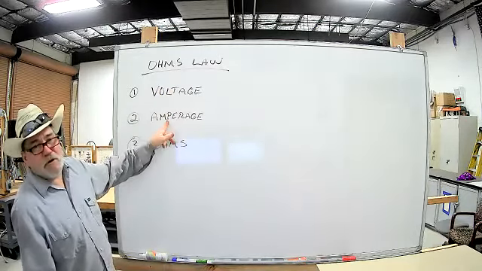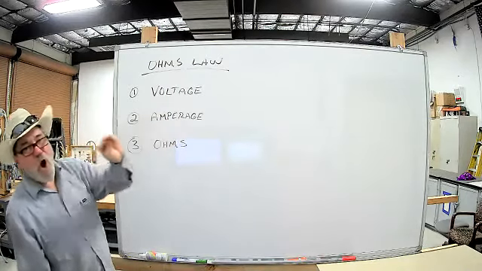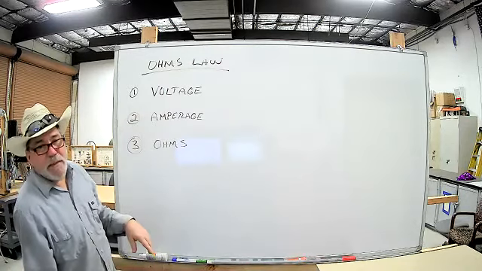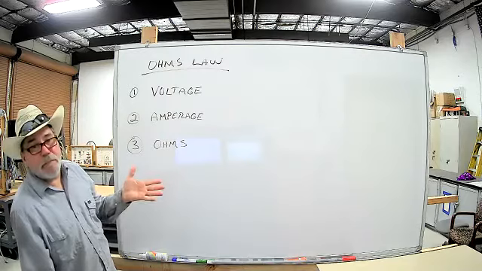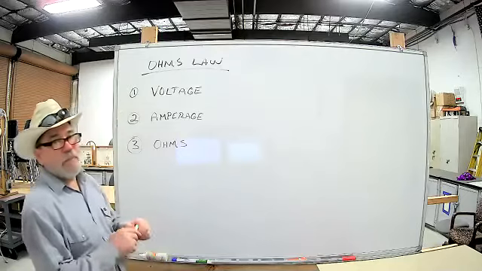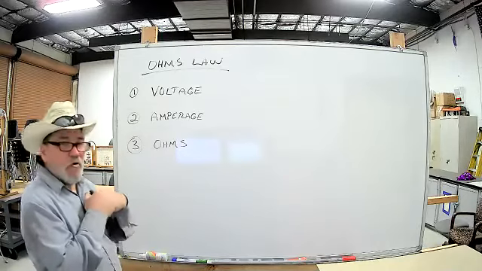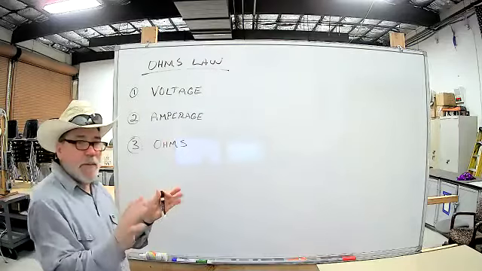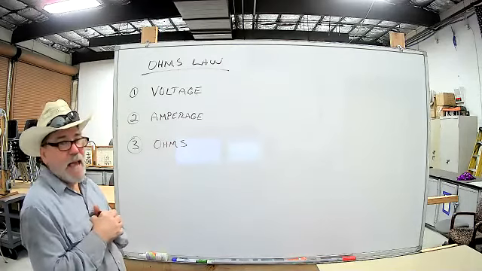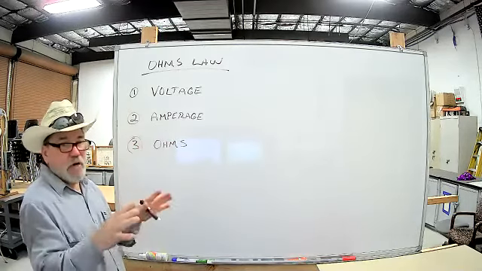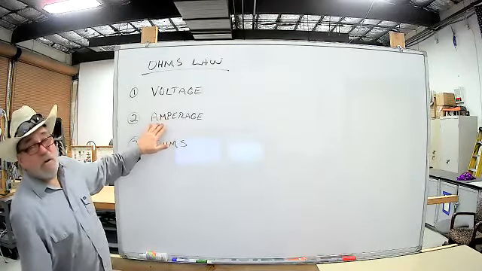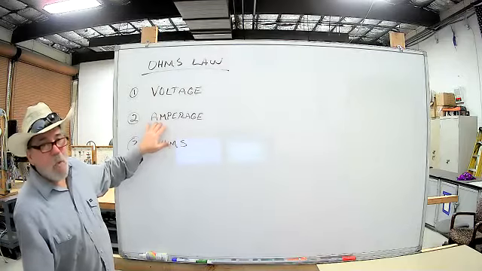Same thing, you can measure amperage. You measure water flowing in a water hose in gallons per minute, GPM. So you measure how many gallons a minute are flowing. If it flows more, you have more gallons per minute. A little tiny hose is not going to flow very many gallons per minute. If you have a big old pipe, it's going to flow a lot. The same thing with amperage: a bigger wire is going to be able to handle more amperage than a